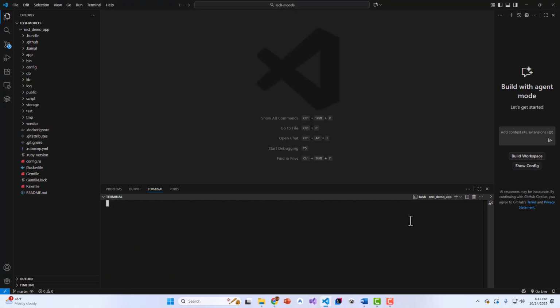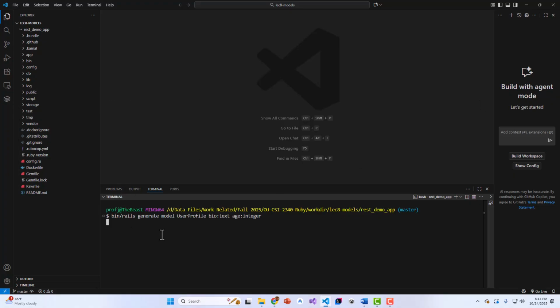So we'll clear that. We're going to generate a new model for user profile. And it's going to have two attributes, the bio, which is text, and then an age of type integer. So bin/rails generate model, and then it's going to be called UserProfile. Then you put the data inside of it. So bio:text age:integer. Okay, if I hit enter on that,